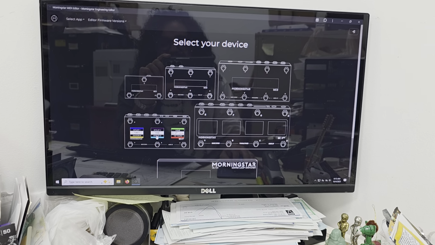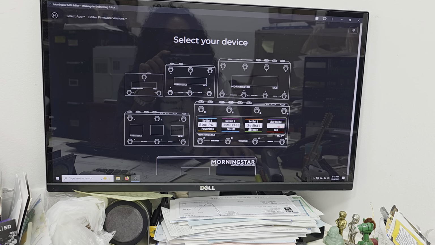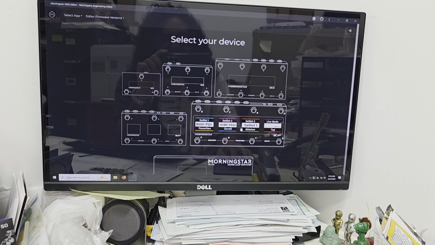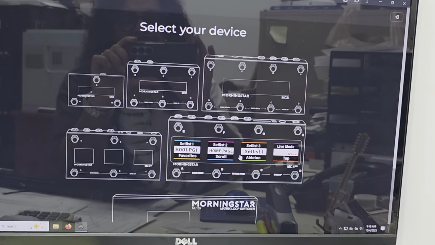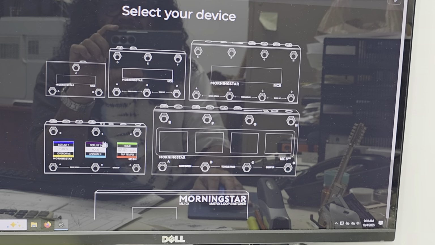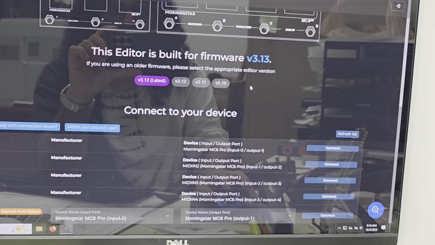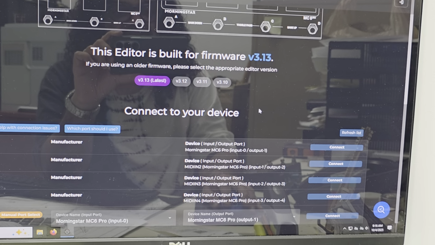I currently have the MC6 PRO. Now they've just released a newer version, the MC8, which I believe has Bluetooth incorporated in it. Okay, so you'll pick the one you have, and if you have your Morningstar connected to your computer,